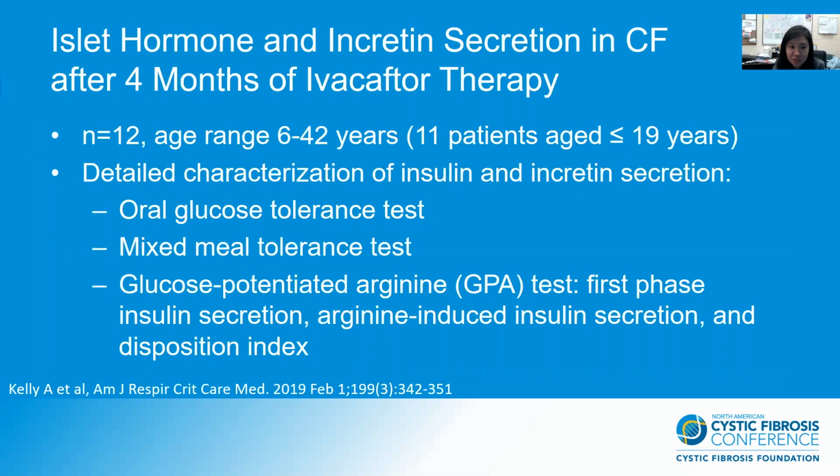One of the largest and most detailed clinical studies conducted regarding modulator treatment in CFRD so far, conducted by Kelly and colleagues, assessed 12 patients with an age range of 6 to 42 years. 11 of these patients were 19 or younger, who underwent detailed characterization of insulin and incretin secretion by oral glucose and mixed meal tolerance tests, and by glucose potentiated arginine testing, in which arginine injections are used to stimulate first phase alpha and beta cell secretion at fasting glucose and clamped elevated glucose concentrations,